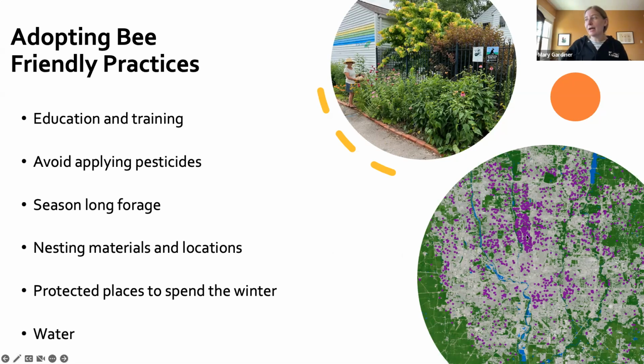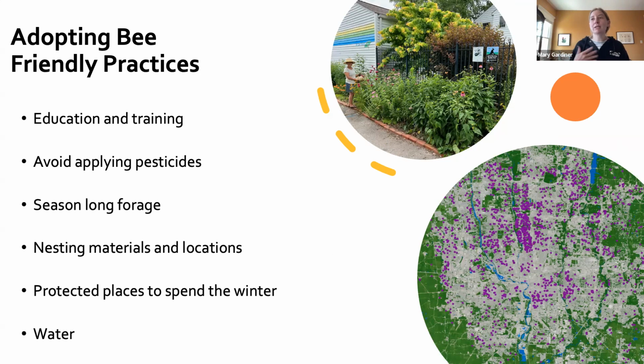All these little purple dots are places where people have read about this program, learned why native plants are important, and gotten that rebate and planted native plants. And look at the amount of habitat that's created in backyards across our city. And here's an example of just one yard. So when you provide training and opportunity, people are interested in doing this.